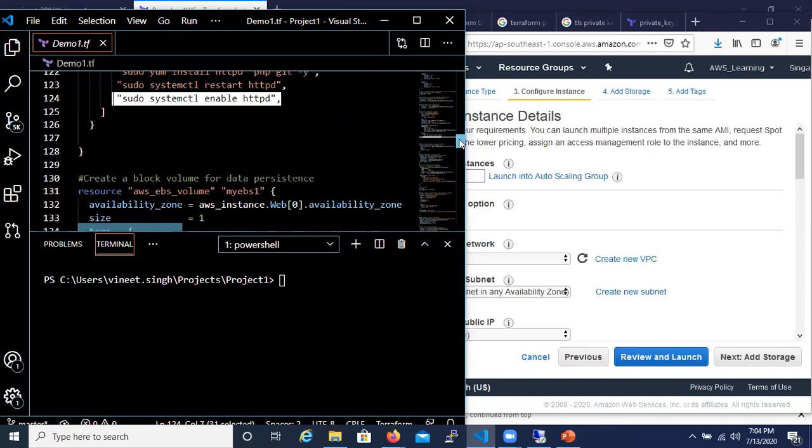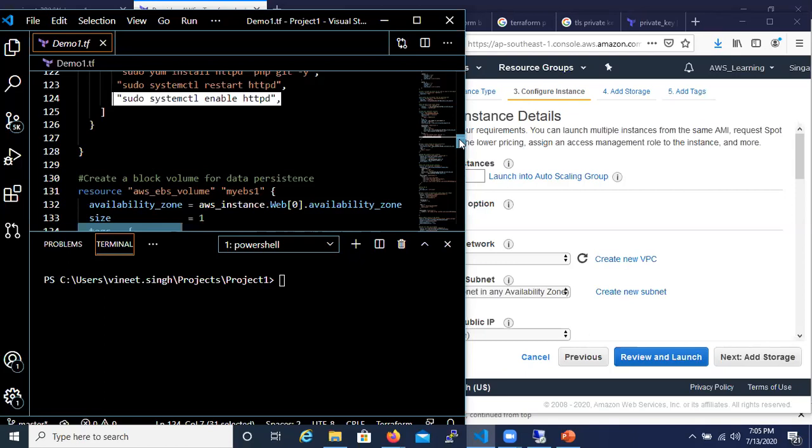With this, my web instance is up and running. Now, I know that the code which I'm going to deploy in my instance will be in a certain location, and that location is very critical for me. So I want to save that data. To do that, I am going to create an EBS volume and attach it to my instance by mounting it to that specific location.